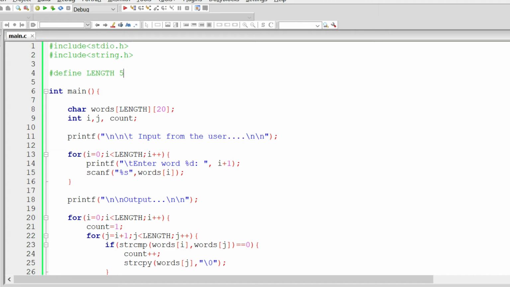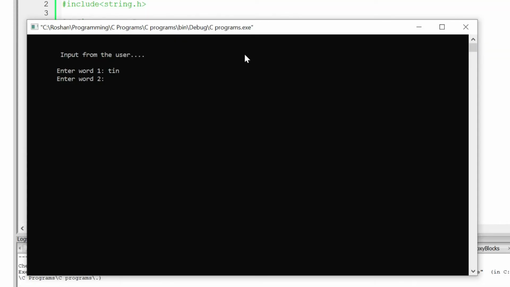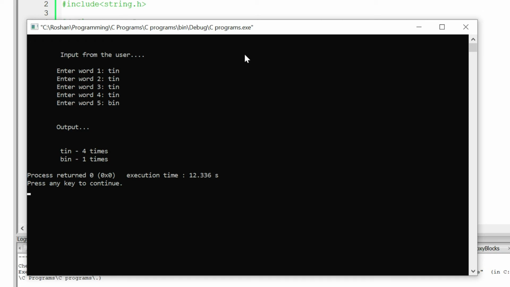You can change the length to any number. Let's write \t as well. Word 2 tin, word 3 tin, word 4 tin, word 5 bin. So as you can see, tin 4 times, bin 1 time.